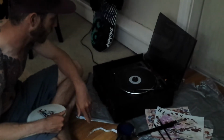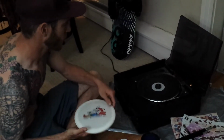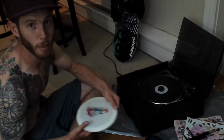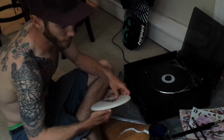So I got a used record table, if you can film that. It's got a little setting for how fast you can put the speed on, and 33 RPM seems to be good to keep it slow enough not to screw up. But yeah, you can get these for like 20 bucks from Craigslist or from some resell shop, anything like that. The dyes I use, let me grab those real quick